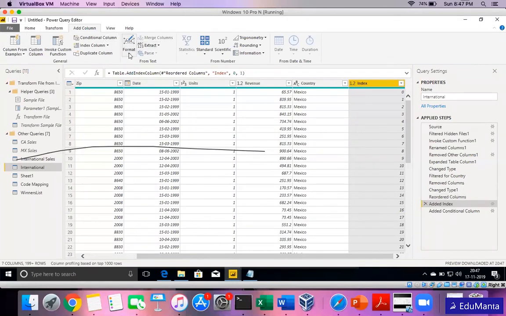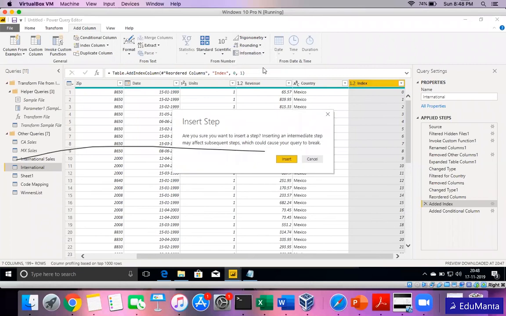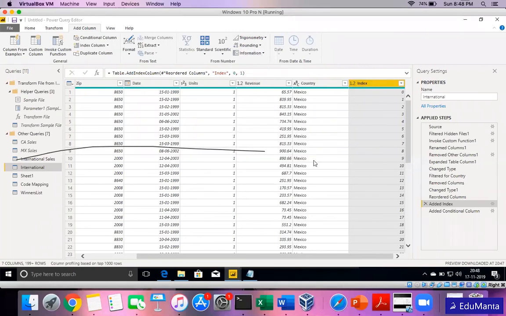Extract, I have already shown you. Format and extract options are already shown. If you want some standard formulas like add, multiply, or trigonometry, or rounding of the values, you can go for it here. For example, this is a numeric field. I can round up, round down, or round it to some particular number of digits. So this is how I can go on working depending on different data types.